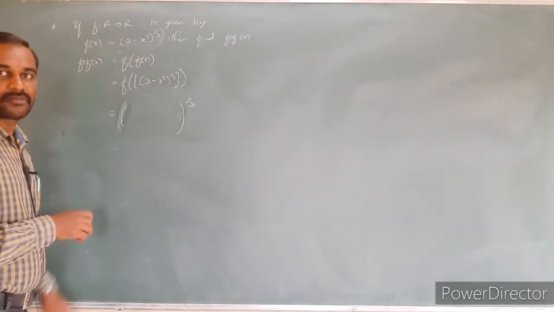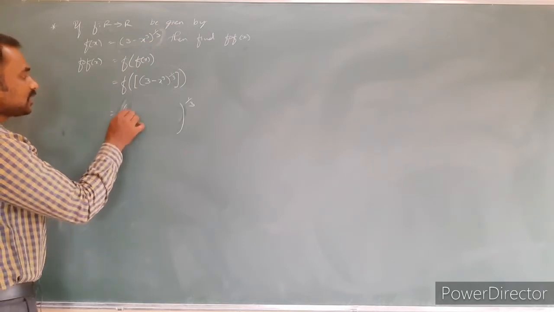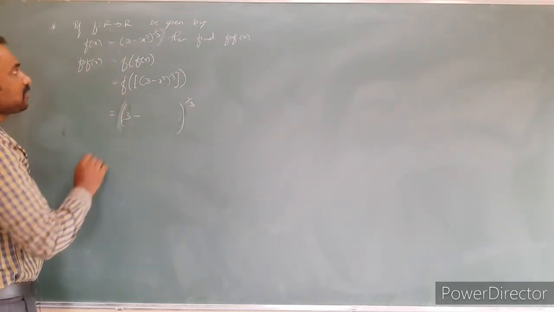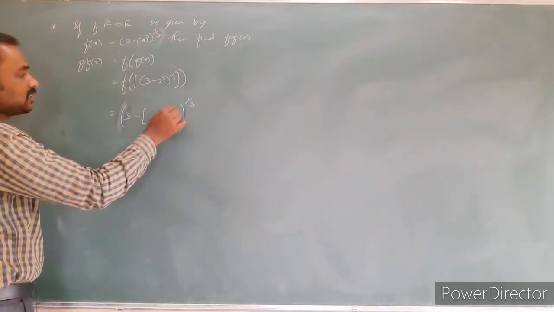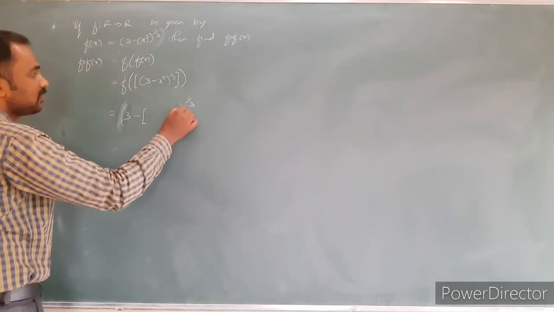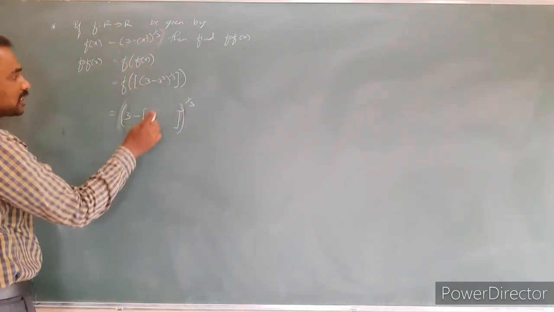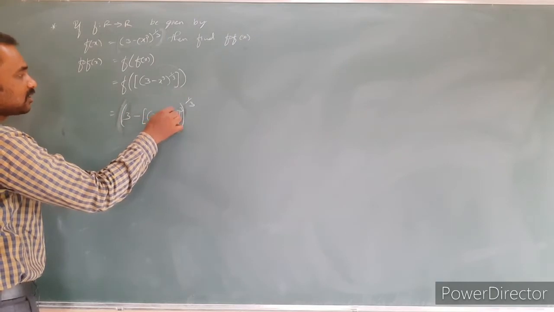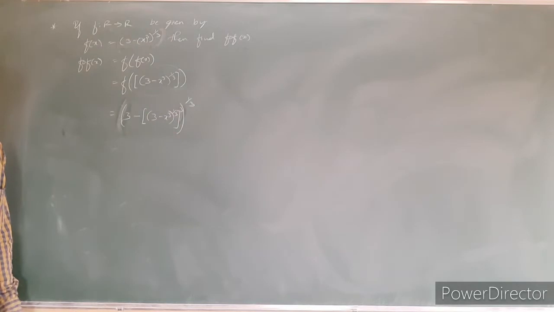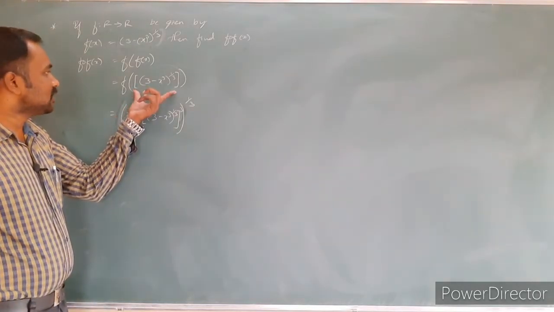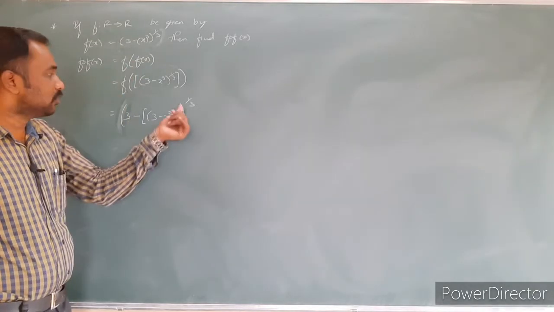Just for your understanding, I am writing open bracket whole power 1 by 3. I need to replace the x value. 3 is independent of x, keep it as it is. Then x cube: I write the square bracket, whole power 3. What is the x value? The x value is 3 minus x cube whole power 1 by 3. Are you sure of my point? This square bracket is the x value. I just replace it; here also square bracket whole cube.